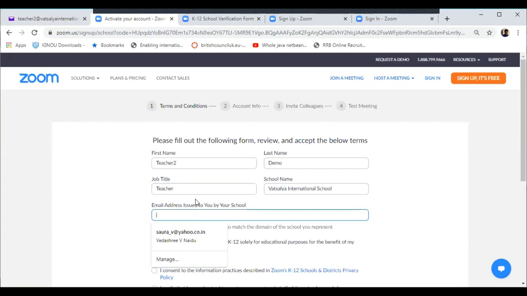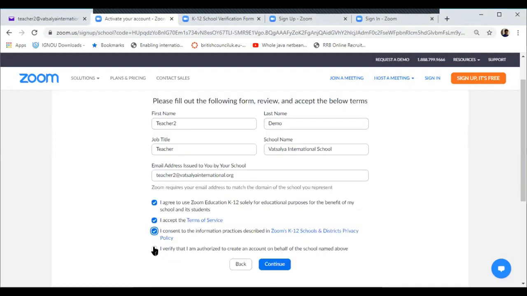For this one I am using this email ID, so I will copy and paste it. Okay, this was the ID you are working with, and then click on I agree, and then click on continue.